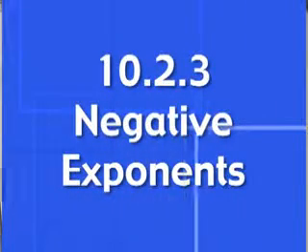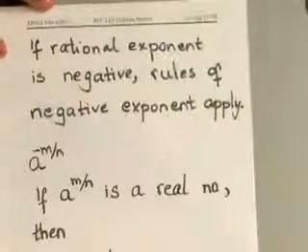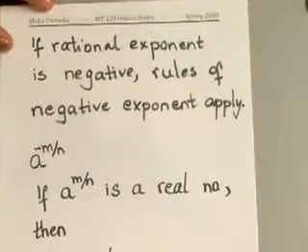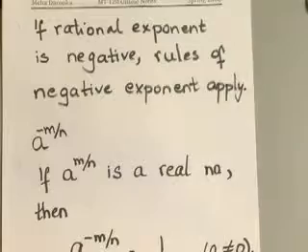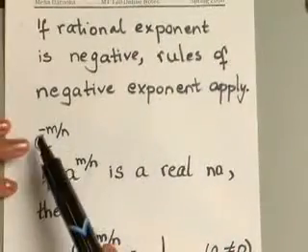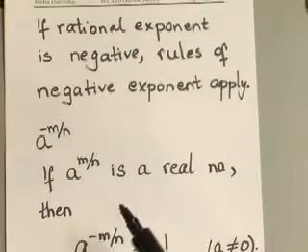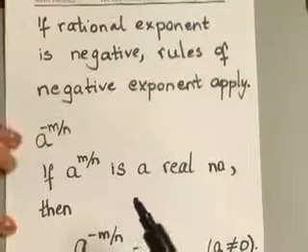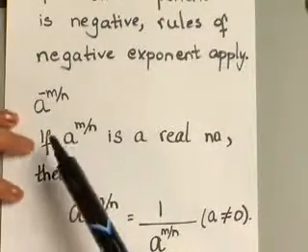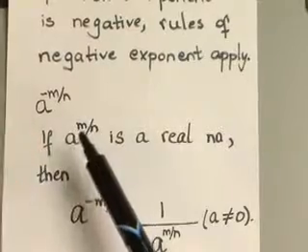Now, you can also have negative exponents when you are working with these rational exponents. So what happens when you have a negative exponent? Let's say you have a to the negative m over n. You apply the same rules that you would apply to any negative exponent. So if you have a to the negative m over n, if a to the m over n is a